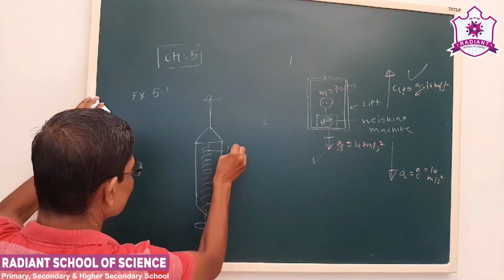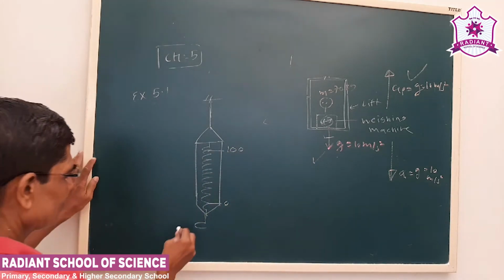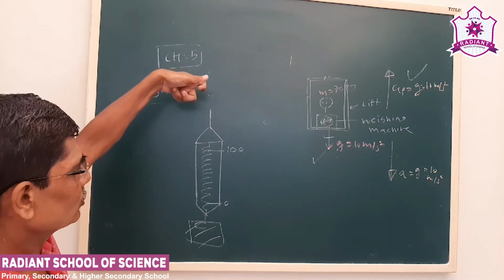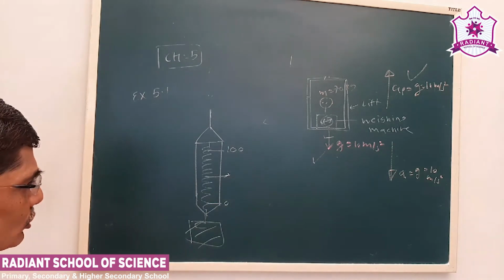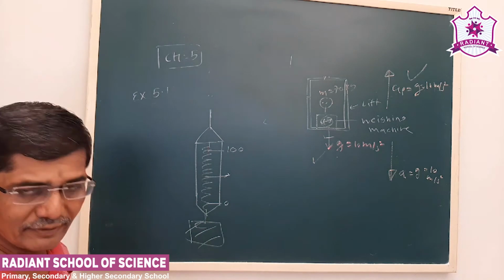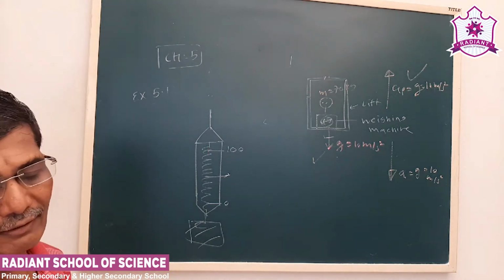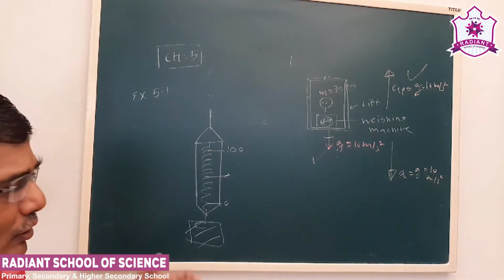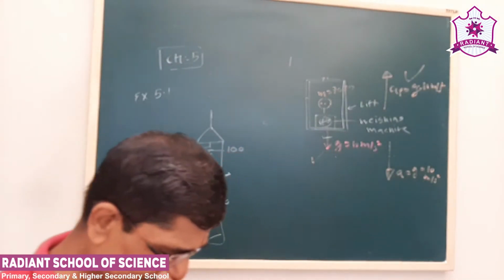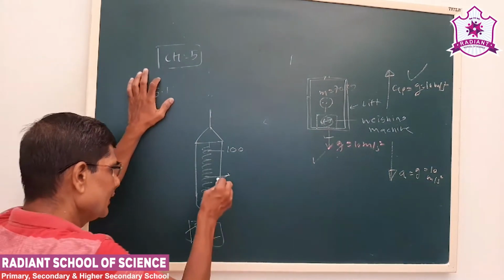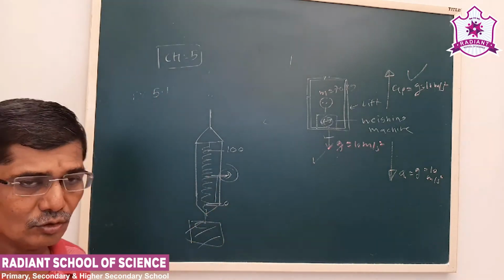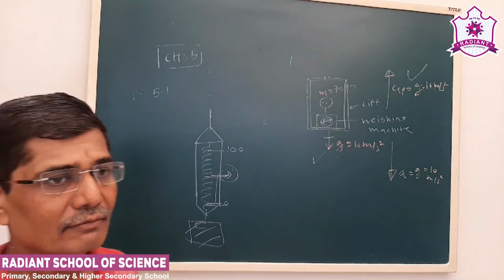Say a scale from, let us say, 0 to 100. Now you attach some mass here and hold it like this. So the pointer will show some weight, but you leave it. So what will happen? The system also will move with the gravitational acceleration. In that case the object acceleration and the pseudo acceleration will be the same value in the opposite direction. So instantaneously your pointer, which was showing some value, will show 0. This is the case of weightlessness.